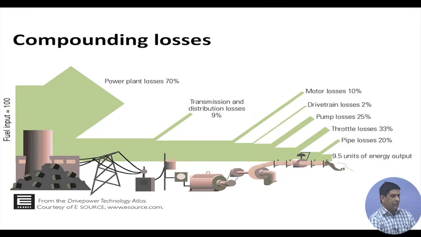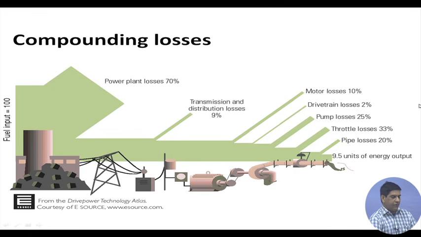It gets compounded because we have a full input of 100 at the beginning. Around 70% gets lost in the power plant itself, with all the processes happening in the power plant. Then there is transmission and distribution loss. Then you have motor loss and drivetrain loss, pump losses, throttle loss, pipe loss. So ultimately, out of 100 units, only nearly 10 units get used up. So think about the lot of opportunities as an engineer, not only electrical engineers, but all sorts of engineering disciplines have to put their brains here to reduce all these losses,